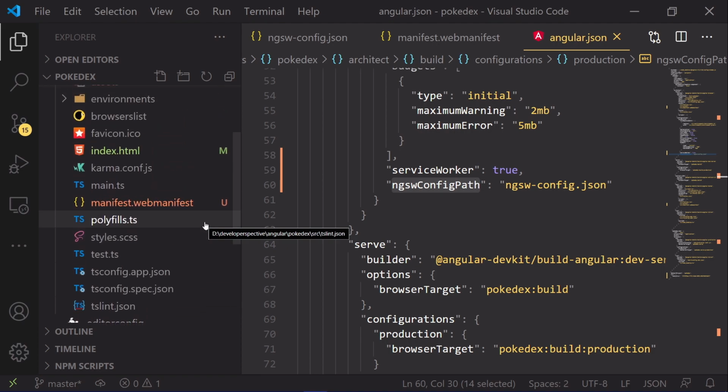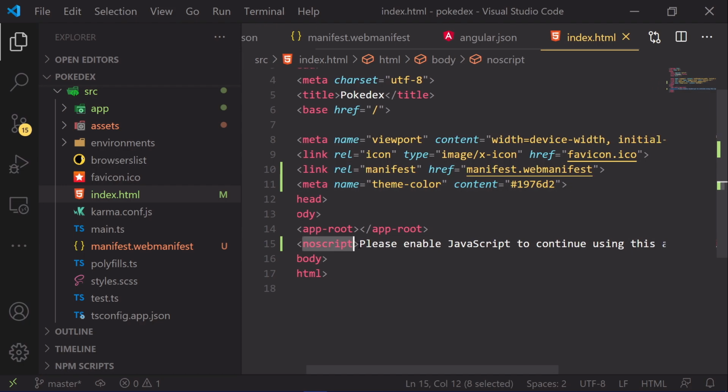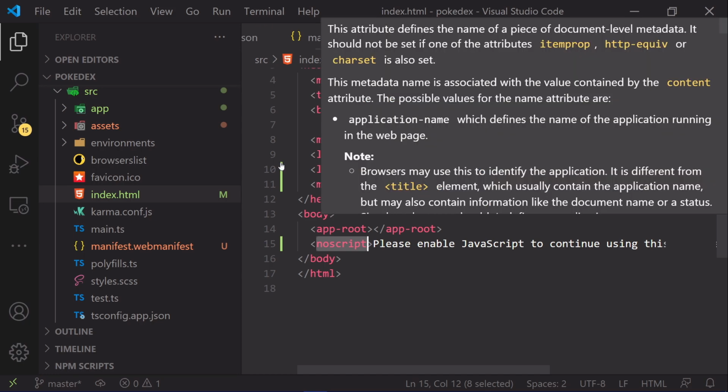And then we need to check index.html. In index.html, there are three different changes added. The first is the linking of your manifest. This was one of the issues specified by Lighthouse when we were testing the PWA. Also, there should be metadata present with a default theme color, and this has also been added by the PWA library. And then there is a noscript tag added with text saying please enable JavaScript. This is specific to a browser which does not support JavaScript. We need to add this text, and this was also added by the Angular PWA library.